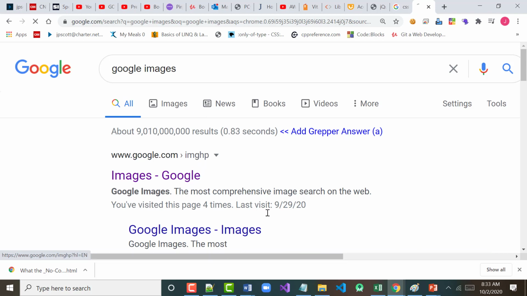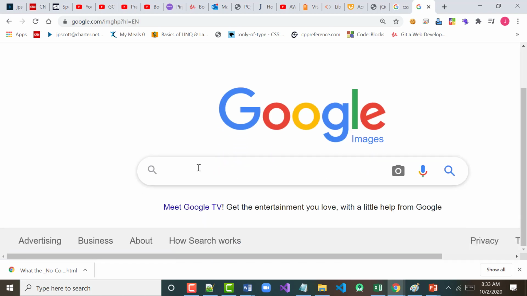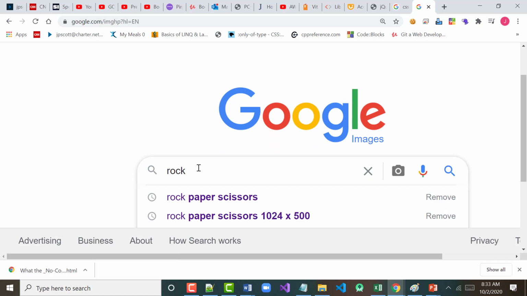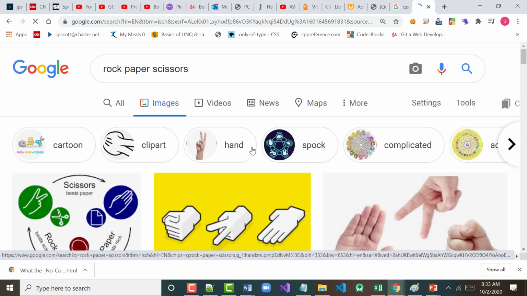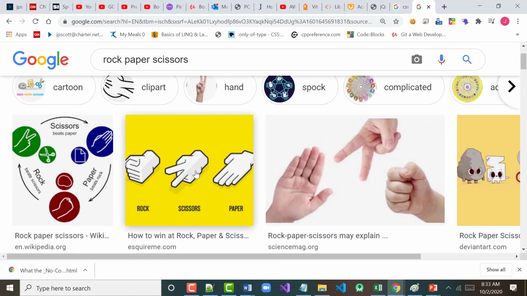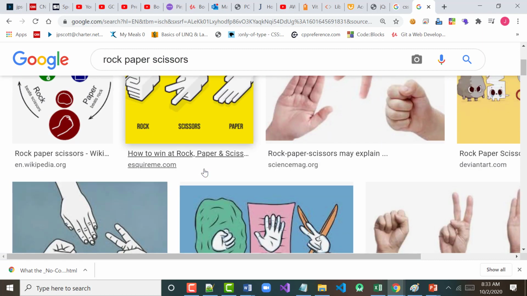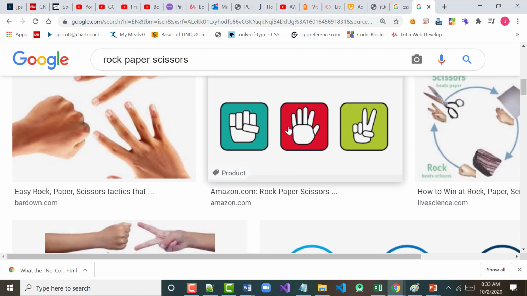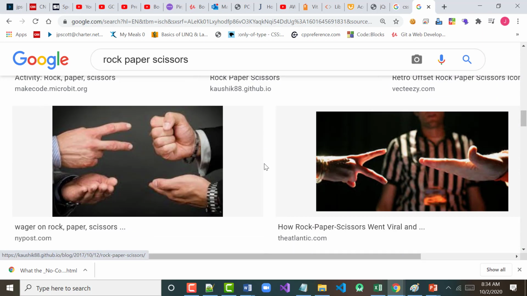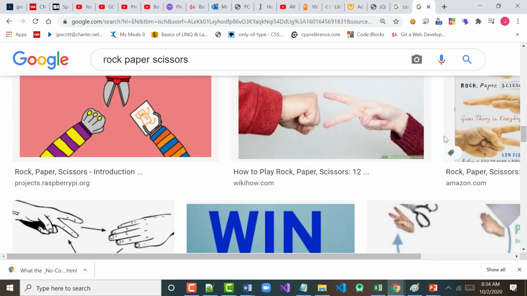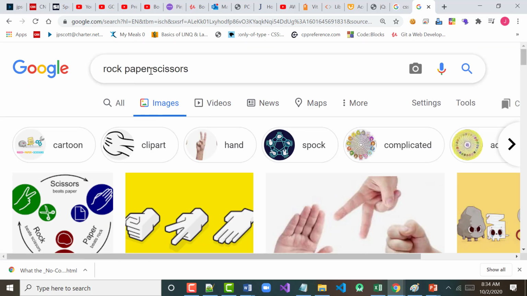So if I go out to Google Images, I can come out here and find rock, paper, scissors. I've used this one before. It's pretty obvious what's going on. And I've used this one before, because I try to break it up a little bit each time I teach it. But one thing that's in here,